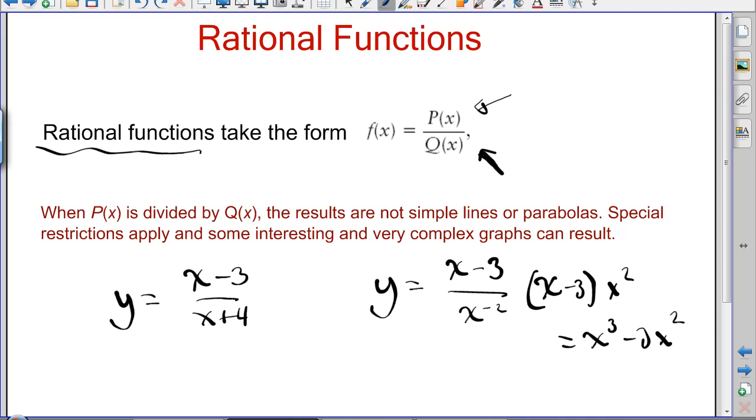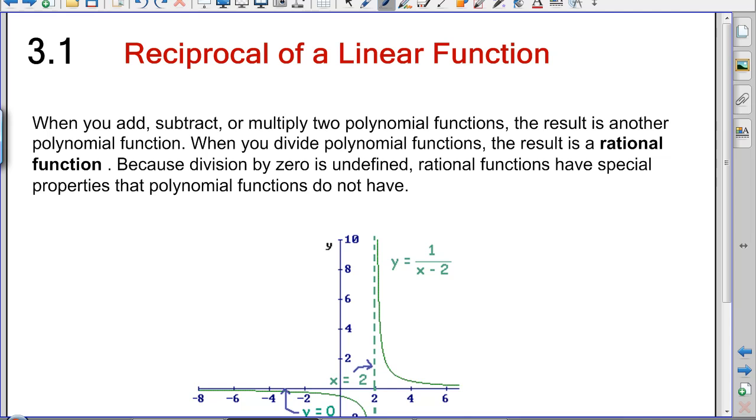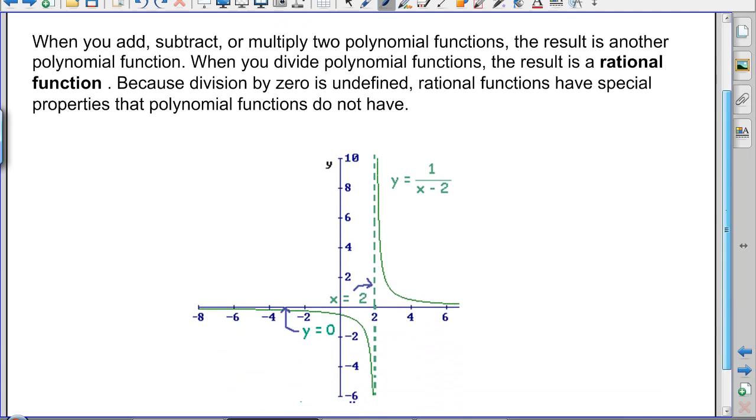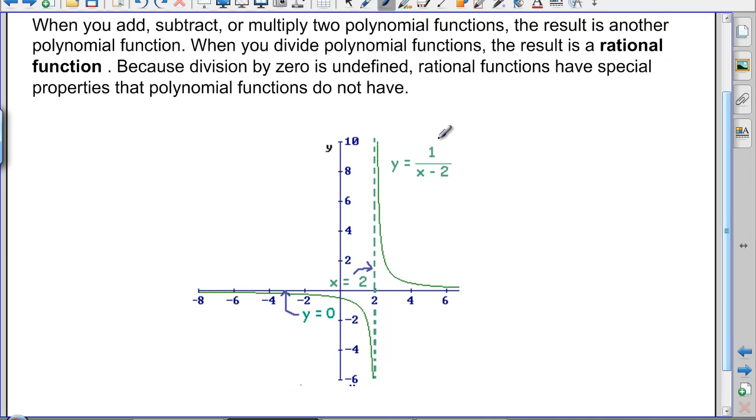So let's go ahead and take a look at a couple of them. The one that we're going to be focusing on today is the reciprocal of a linear. And it gets its name because reciprocal means that the numerator is going to be a constant, 1 in this case, and the denominator is how it gets its name, reciprocal of a linear. We will be taking a look at reciprocals of quadratics